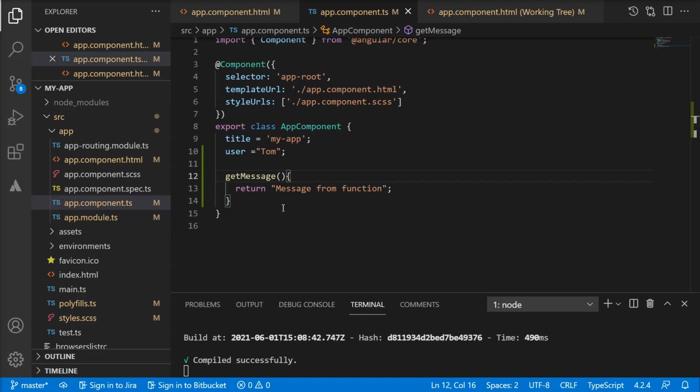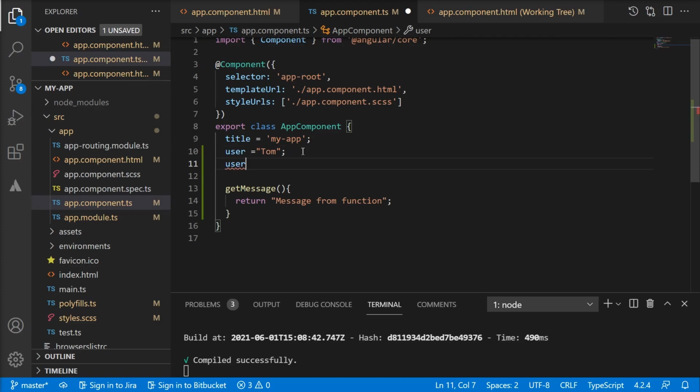So far we are only displaying primitive values like strings into our template. But what will happen if we have a little complex object in our TypeScript file? Let's see. We have an object named user object, and then this holds a value like, and the address is, let's say moon. Let's send him to moon, and then I'm terminating the object. Now normally this will be the format in which you will get the data from your backend. It will be a JSON object or a JavaScript object. Let me save it